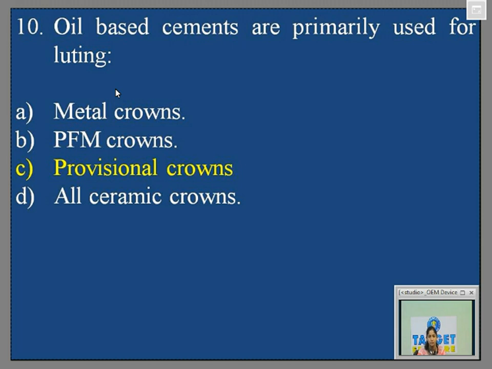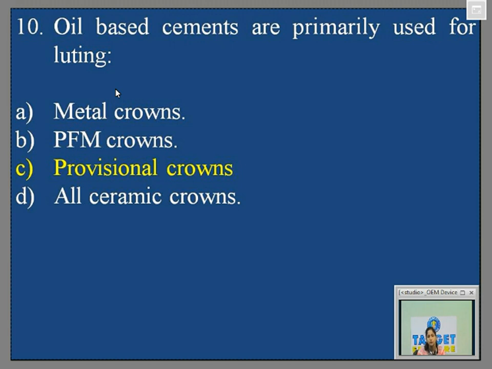The only thing which they generally ask you a question on, that is all ceramic crowns: everything can be used except. That except is resin modified GIC. RMGI can never be used for all ceramic crowns because it has less elastic modulus. It can undergo more plastic deformation, so your all ceramic crown will crack. Please remember this. For all ceramic crowns, you can use your water-based cements, that is your conventional luting GIC, especially when it is zirconia, or you can use your self-cure or light-cure resin cement.